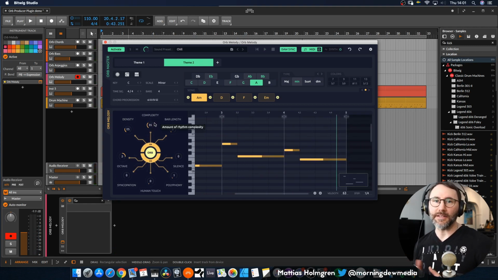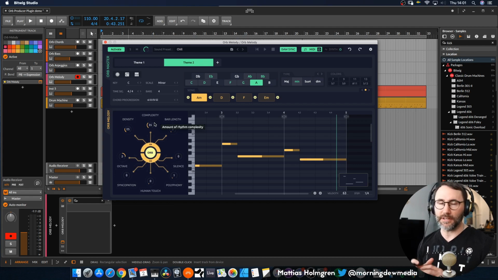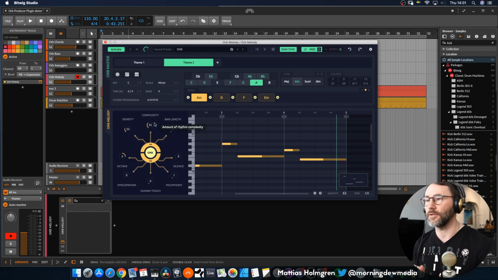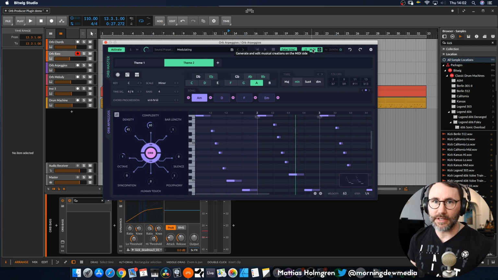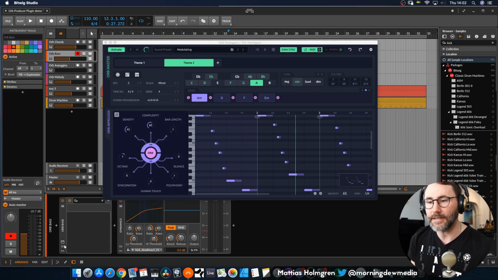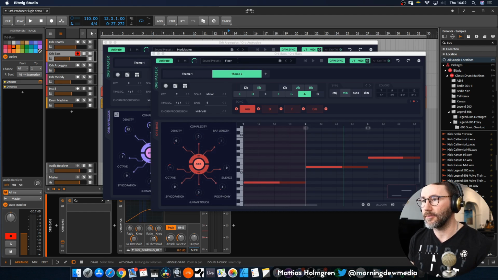So you can see it's quite fun to actually change these settings in real time. Here I was changing the complexity, and we get a totally different feel to the melody. And yeah, we can get inspired by this plugin to our writing process. Okay, so now I think that we have a decent idea here. So let's go ahead and swap out the bass and see if we can find a bass which suits this piece a little bit more. So let's go ahead here and go into the bass, open up the plugin, and swap out the preset.